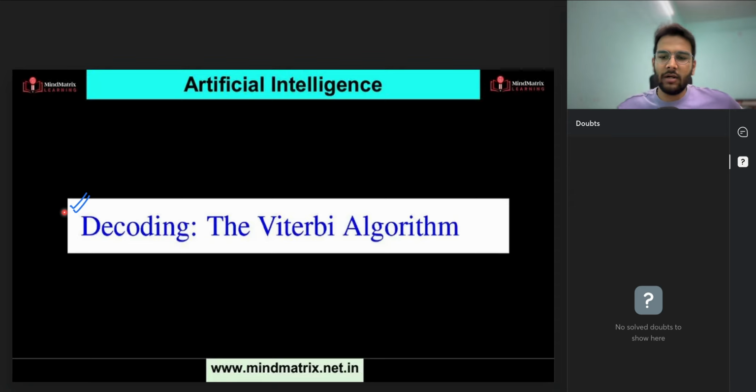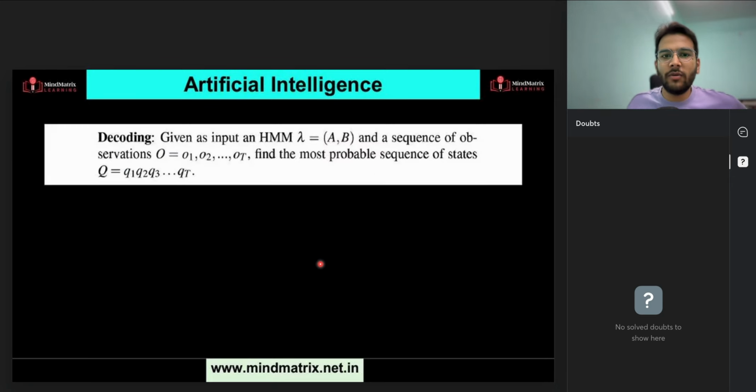Sorry, decoding phase, not learning phase. So now we have understood it, right? So now we can just read this thing, decoding, the Viterbi algorithm. So in the decoding phase, we use this type of algorithm,